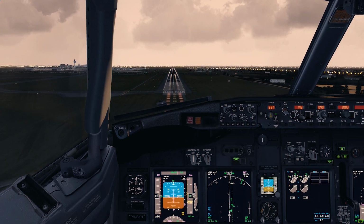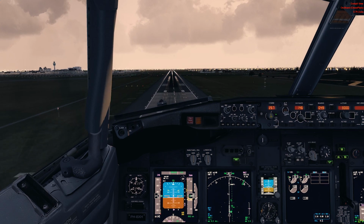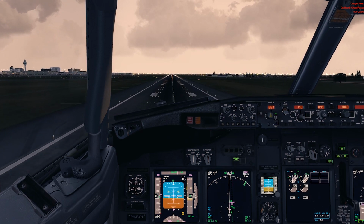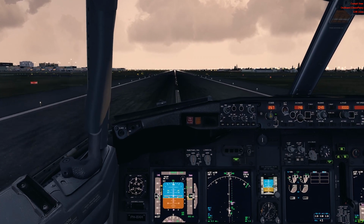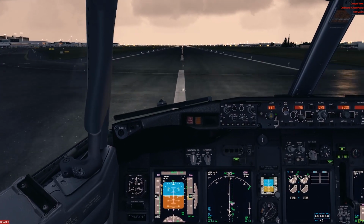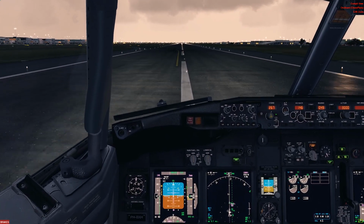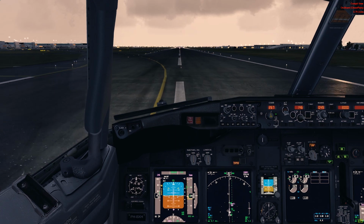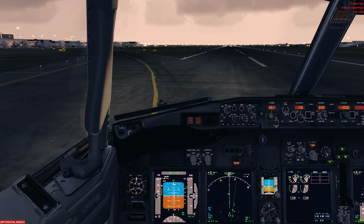Continue. 100. 50. 40. 30. 20. 10. Okay. Thrust reverser on. 80 knots, manual braking. Very good. Very good landing. I'm happy with it. I don't know if you guys are happy with it or not, but